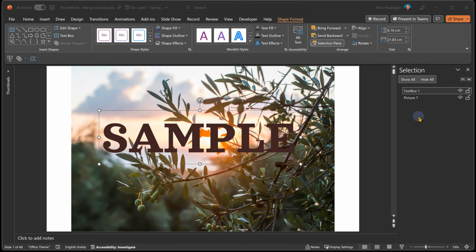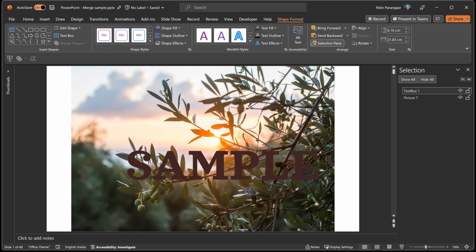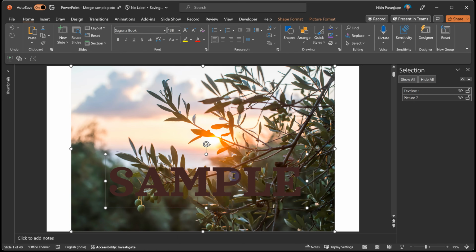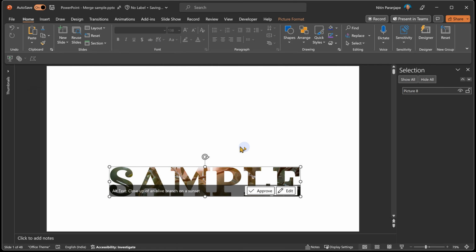So now let's see how text can interact with pictures. So text is in front, picture is at the back. What I want is where the word sample is written, that should show the exact part of the picture which is behind. So I'll arrange the text first. I want this part to be shown in the text and rest of the picture should go away. So click the picture, click the text. Now notice text is clicked as the second object. And I want to keep the second object, and wherever there is an overlap, I want the picture to show through. So which option should we use? Overlapping stuff. So intersect is what will give you this.